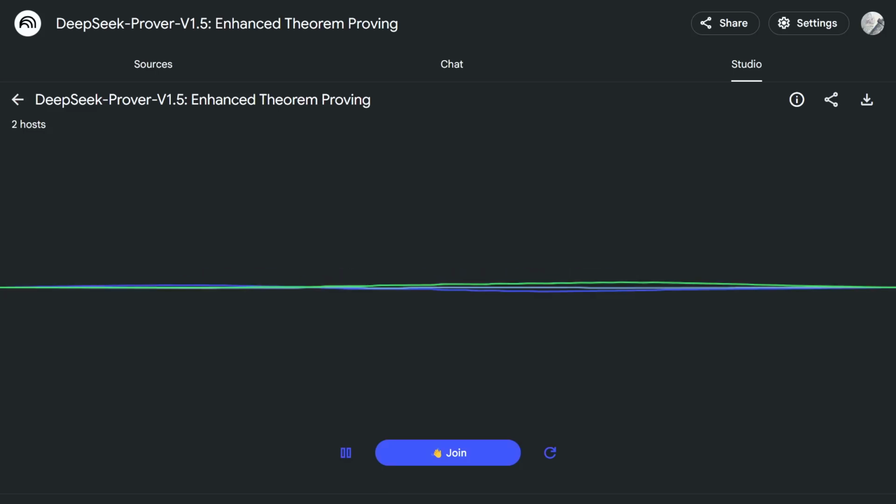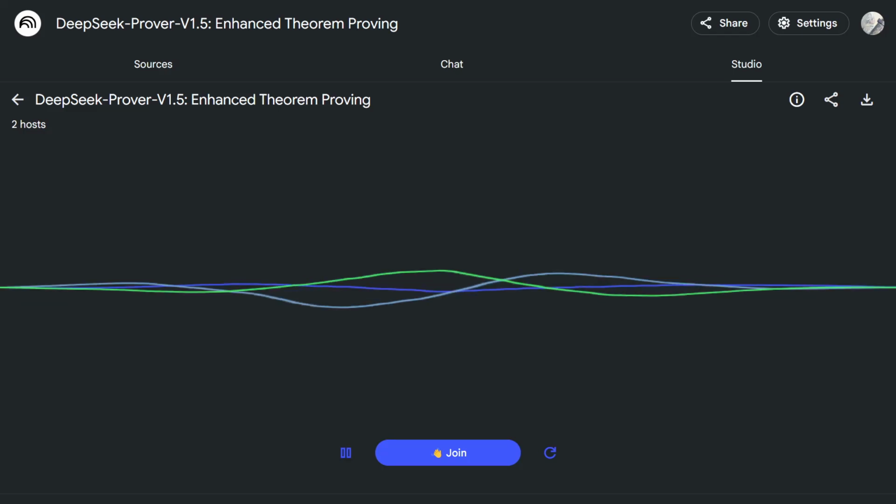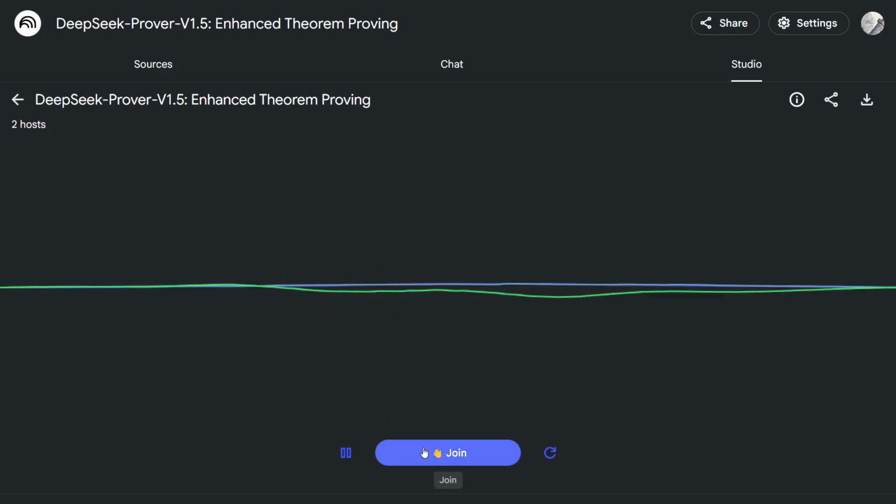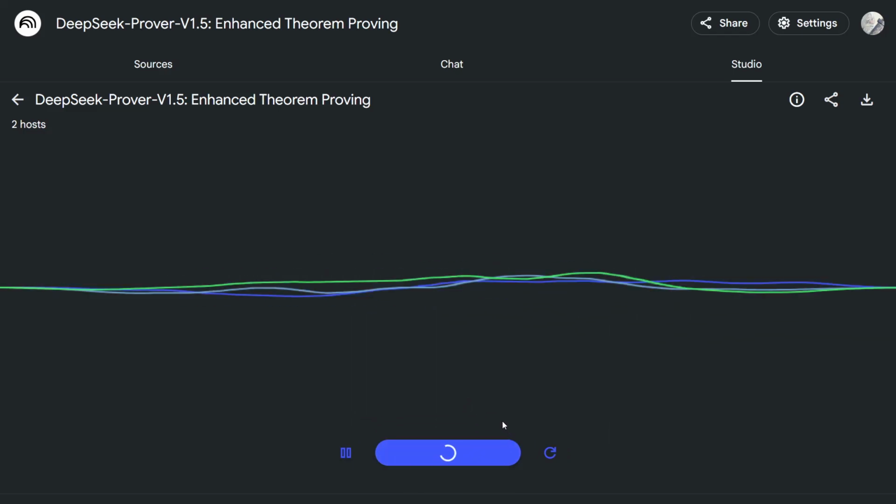Yeah, it is a fascinating leap forward. We're not just asking AI to crunch numbers, we're asking it to engage in deep logical reasoning. And to guide us, we've got a ton of material on DeepSeek-Prover-V1.5, this new